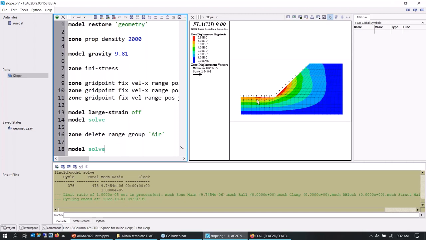This slope is clearly not failing. I mean, it just rebounded. There's no sort of failure surface or anything like that going on here. The next thing you might want to do is